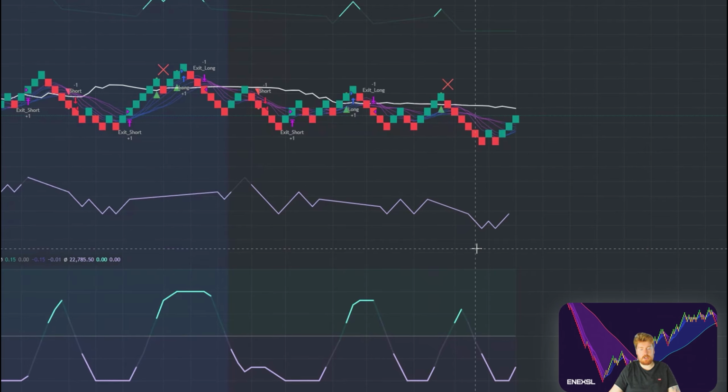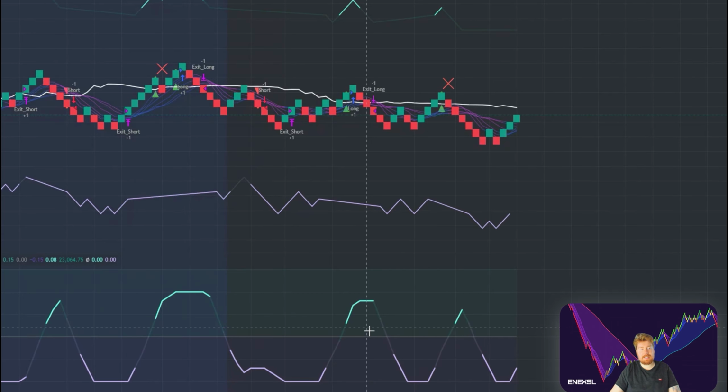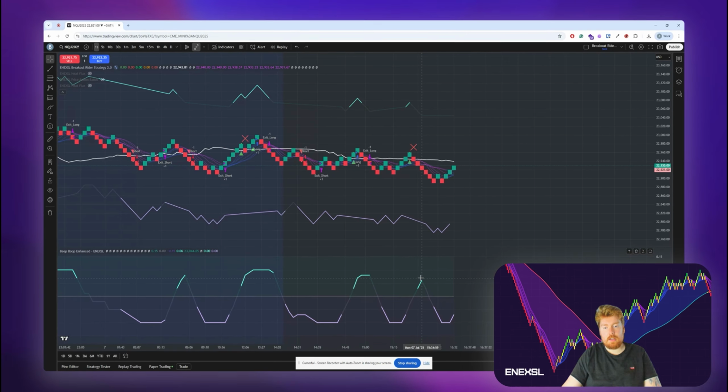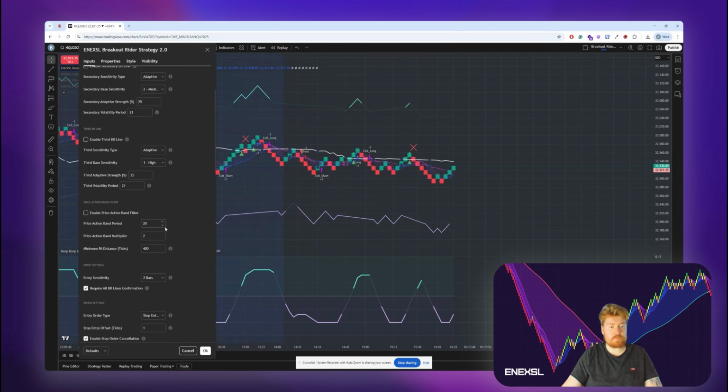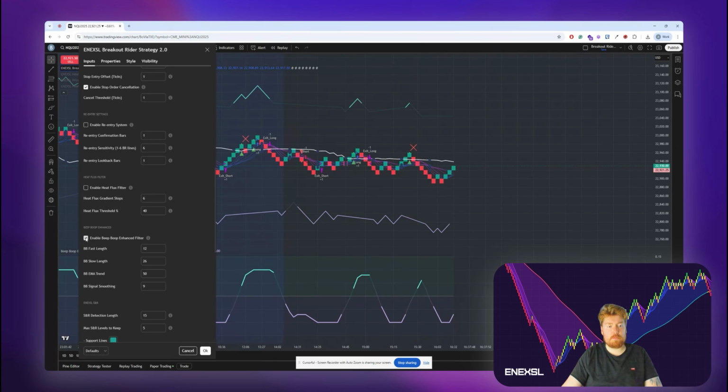To the bearish side. So when we see strong market movement in either direction in this area here, that is when we're going to be confident enough to take the trade in certain directions. Now, if we go into our strategy, move down and enable Beat Boop, if we disable it now, we can